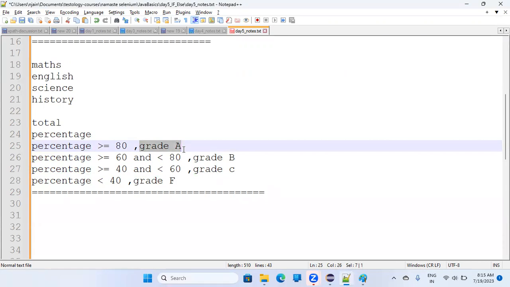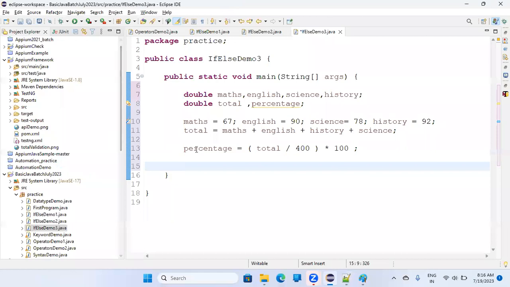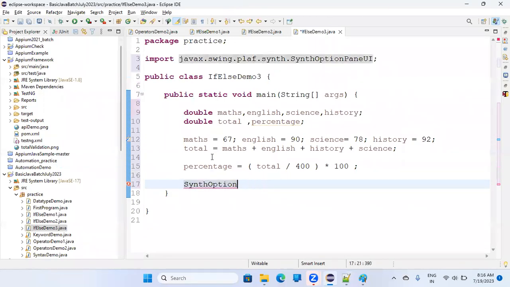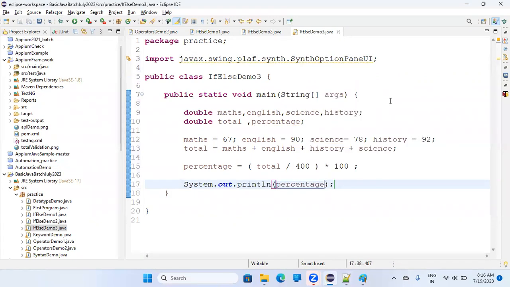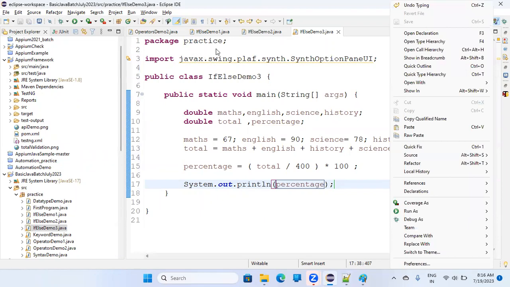Okay. So now you have to write an if-else structure. And it's very simple. It's not difficult. It is all based on the same statement, right? As of now, let's print percentage first. We will check whether this percentage is coming or not, right? So let's print this. And if we will run this program,